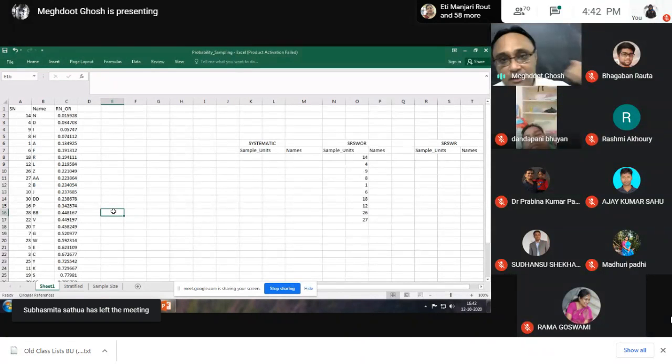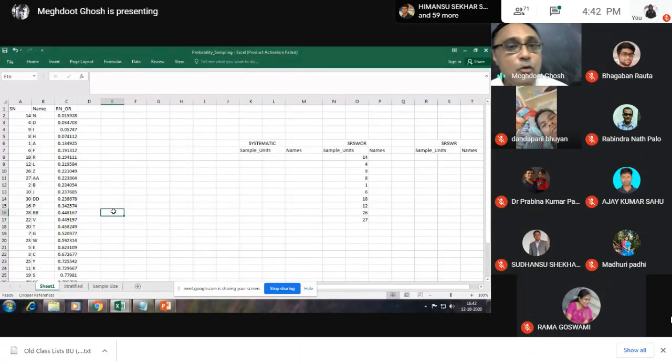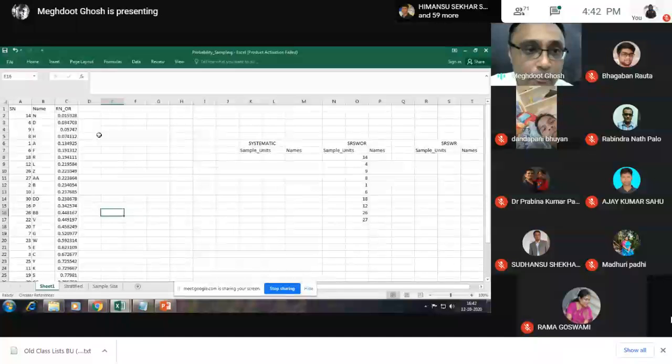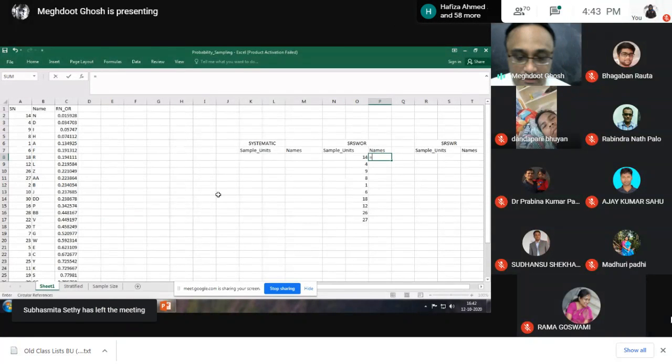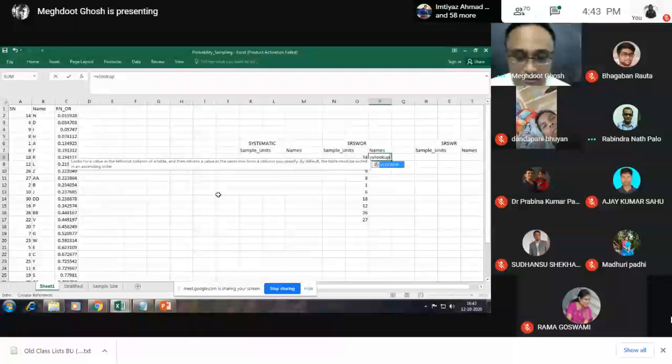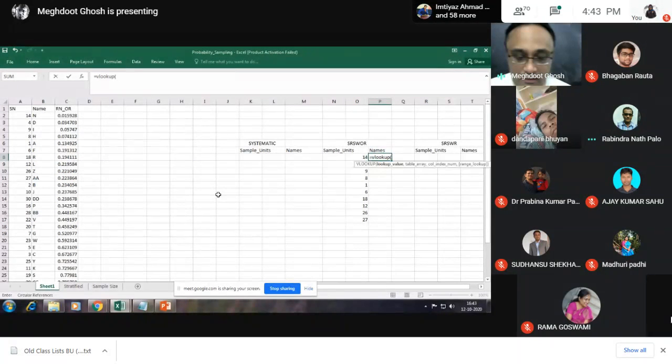So there is also a way by which I can automatically fill up these numbers with their name. And what is that? That is called Vlookup. Okay, Vlookup or vertical lookup function. See what I'm doing over here. I'm writing is equal to, and then I'm writing Vlookup, and I'm starting with a bracket. First, I am going to give the value of Vlookup. What will be the value of Vlookup? This is the value of the Vlookup,